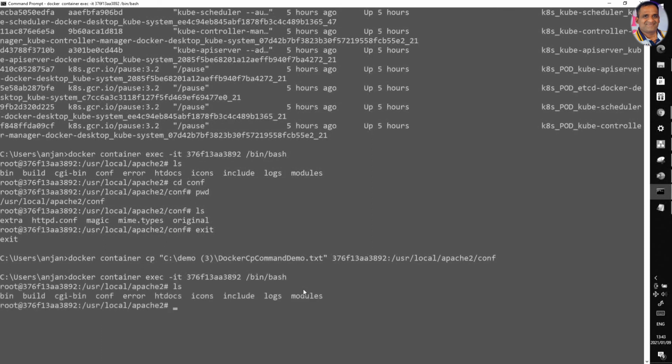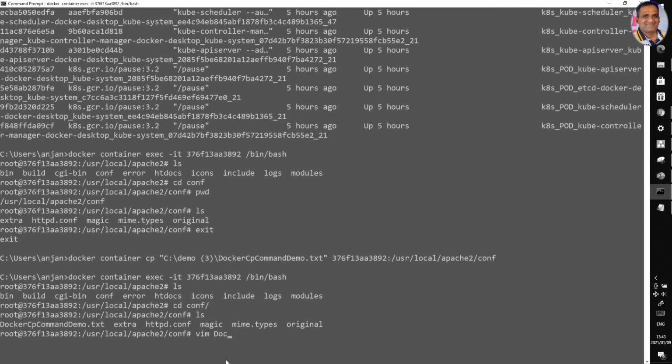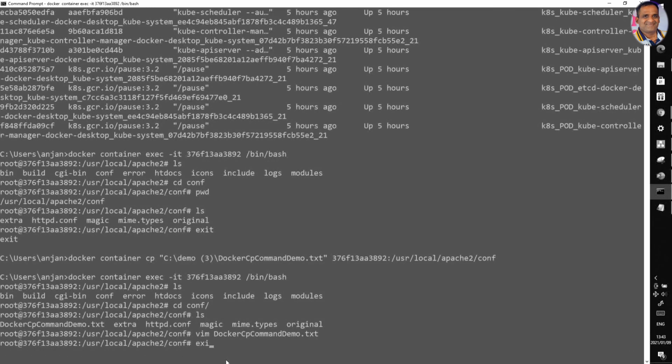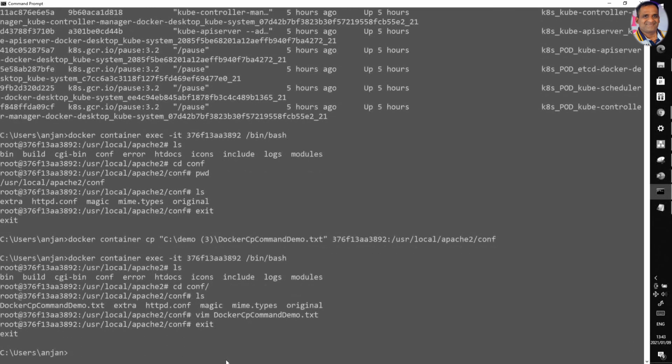Now if we go to conf, you can see the docker cp text command file, the vim docker. Now you can see that. So this is the way to copy from the local system. In the same way you can copy from container to local system as well.